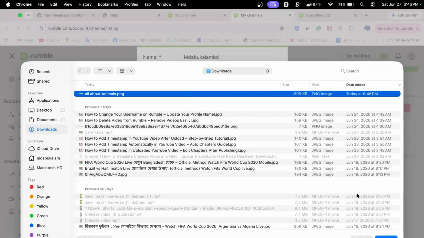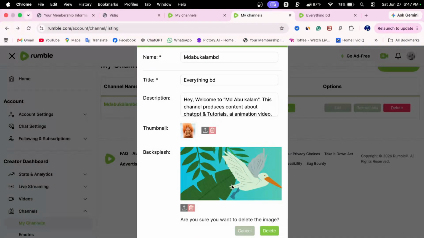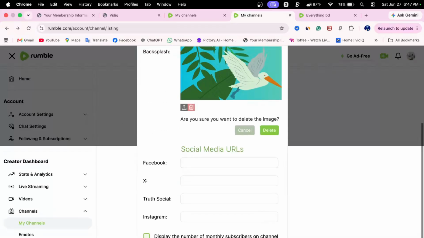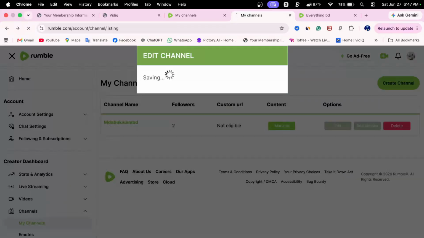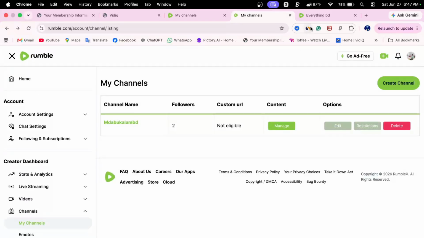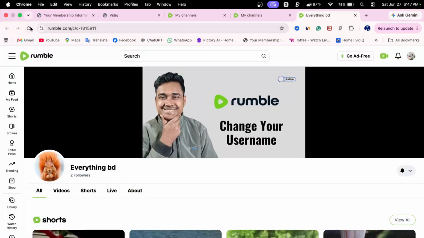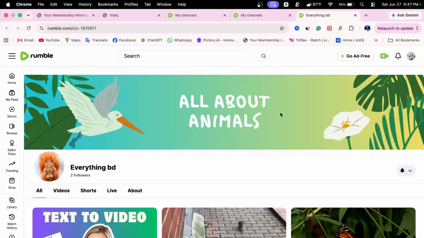Now I downloaded it from canva.com. Okay, that's good. Now I just need to click save. Now if I refresh my Rumble account, wow, you can see it's set well and it looks fantastic. So this is how you can create a Rumble channel banner